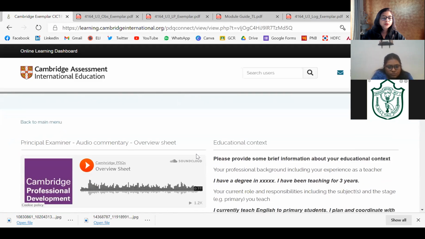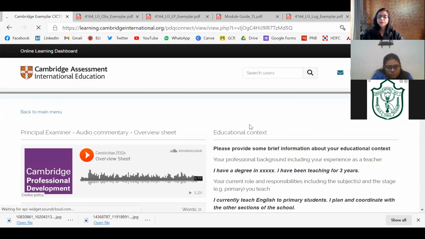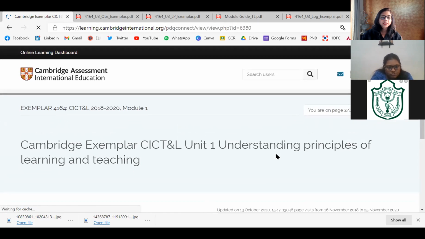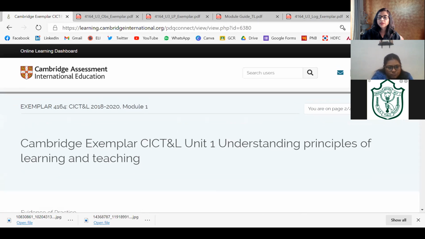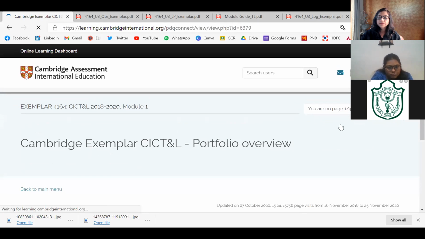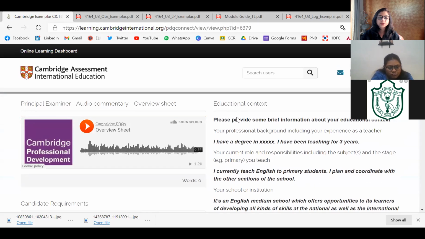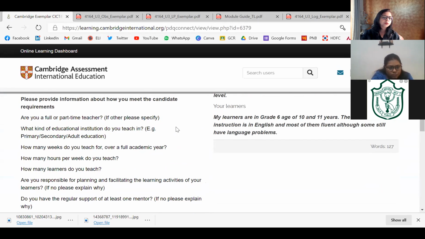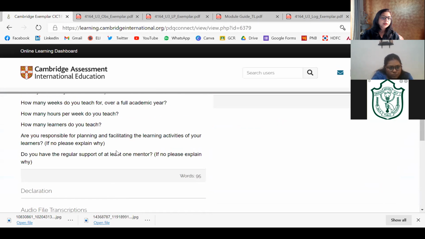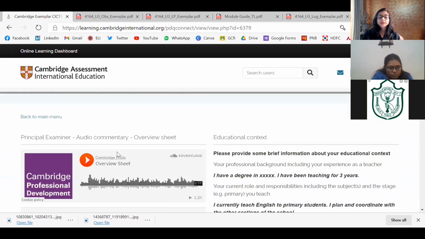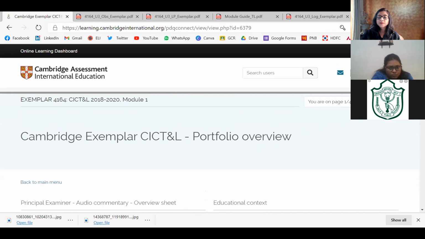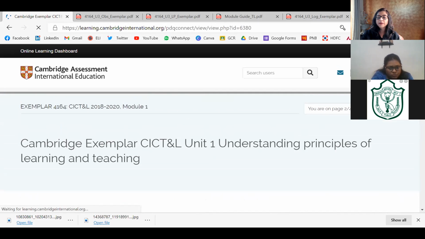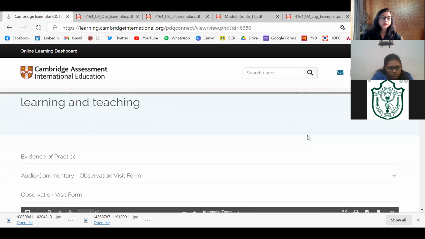And here now you'll find your e-portfolio, exemplar e-portfolio, in which the first page, sorry, I've moved on to the second page. In the first page, you're supposed to be writing answers to all these questions, which is about your educational context. Okay, simple questions which you're supposed to write, and some more information about yourself is what you have to provide here. Okay, and the main thing is on page number 2, 3, and 4, which is your unit 1, unit 2, and unit 3.